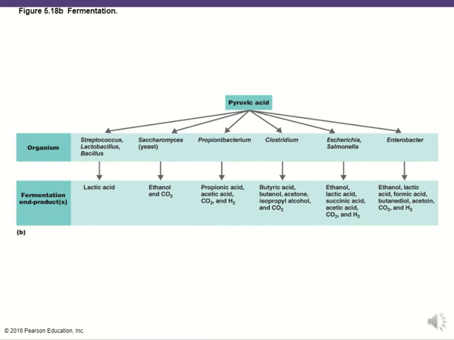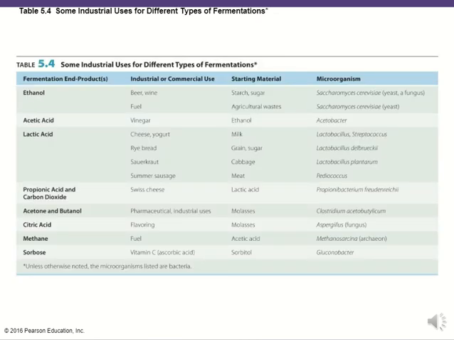Essentially, the end result of pyruvic acid from glucose depends on the organism, but there is a wide variety. But again, anaerobic respiration is good enough for single-celled organisms, but it does not provide nearly enough energy as aerobic respiration, which is necessary for larger